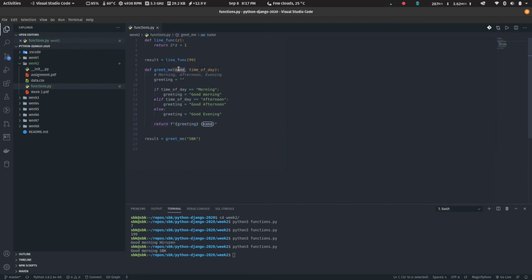What have we done here? We've created a function that takes two inputs, name and time of day, and then we create a variable here called greeting. Why did we create a variable called greeting? Because we wanted to use it here, right? That's why we created it. First of all, we said it's empty, so nothing is inside, it's an empty string, right? And then we say greeting equals good morning if time of day is equal to morning. If time of day is equal to afternoon, greeting is equal to good afternoon, else greeting is equal to good evening. Okay, so if I save this,